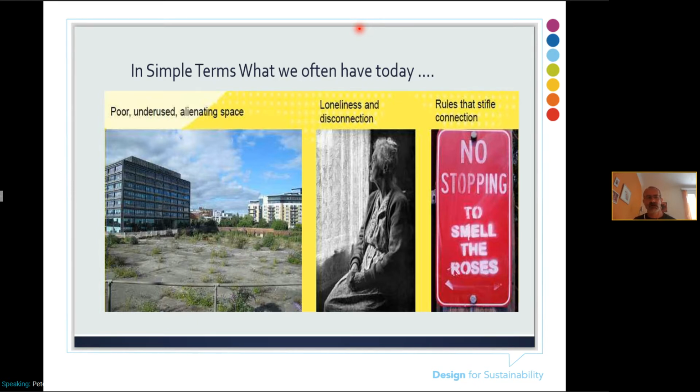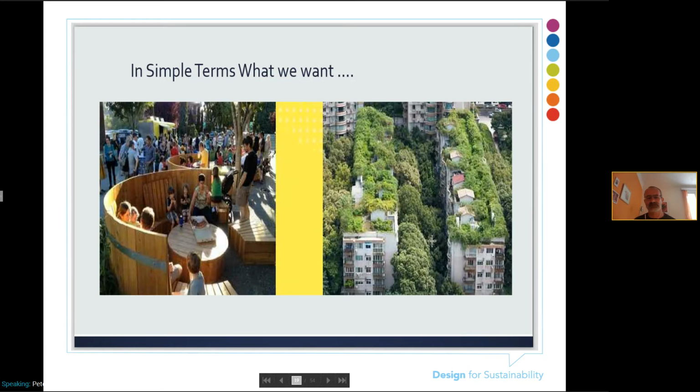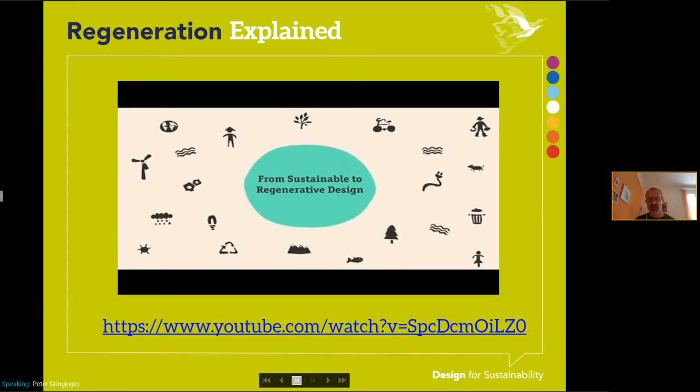And a lot of the rules and regulations don't really help to overcome these issues either. It's quite clear what a lot of people would like: much deeper connections where we can thrive and also connect to nature. And I want to give you a few different perspectives on that by sharing a short video